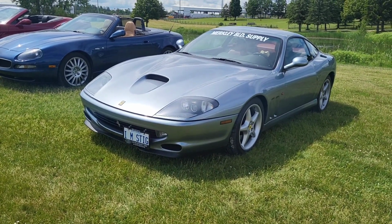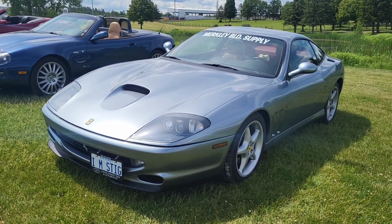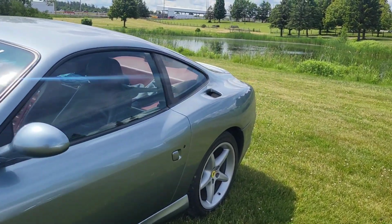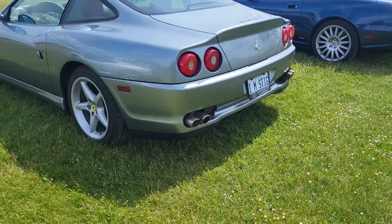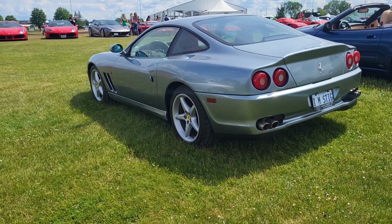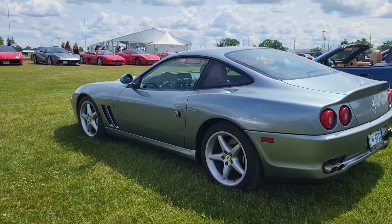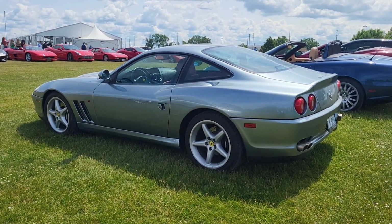I've always loved the 550 Maranello. I think these things are aging beautifully, and they're goddamn gorgeous. Also, this particular one, very small thing, but I love it. It's a manual. And I think this is probably one of the final full production gated manual front engine V12 cars, which is a pretty niche thing to quantify, but I think the only other one is a very low production